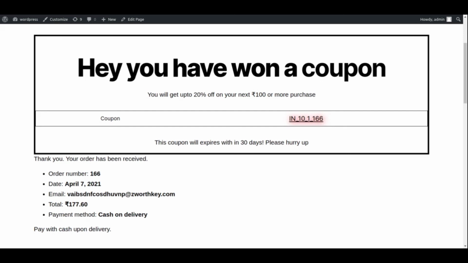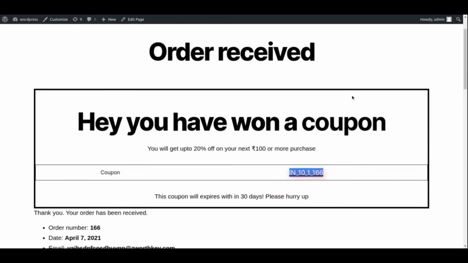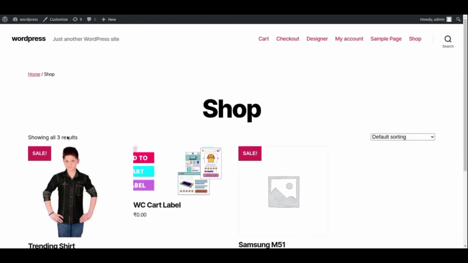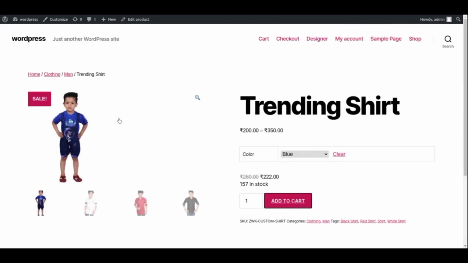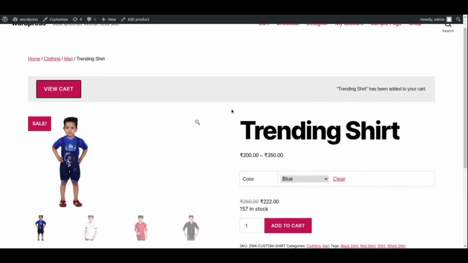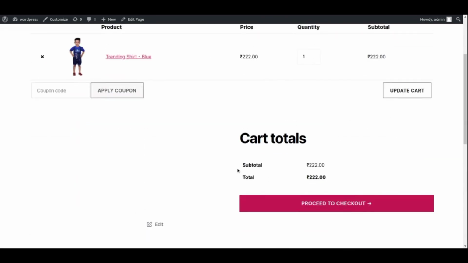It's because this plugin automatically creates this discount coupon code, and if you use it, it deletes it also. Now we just add to cart, view cart, proceed. Oh sorry, I forgot to paste the coupon, and it is applied. Proceed, place order.